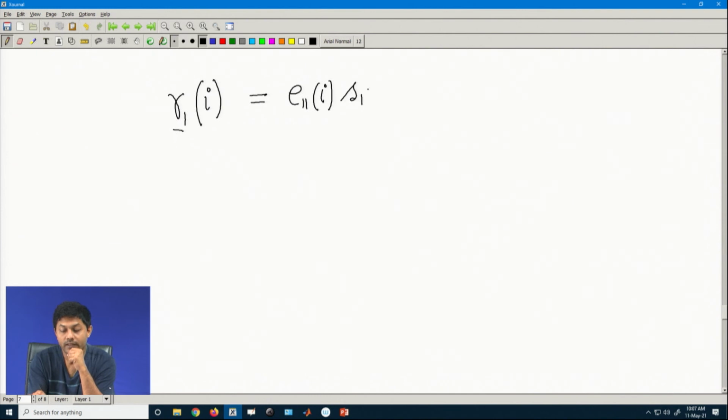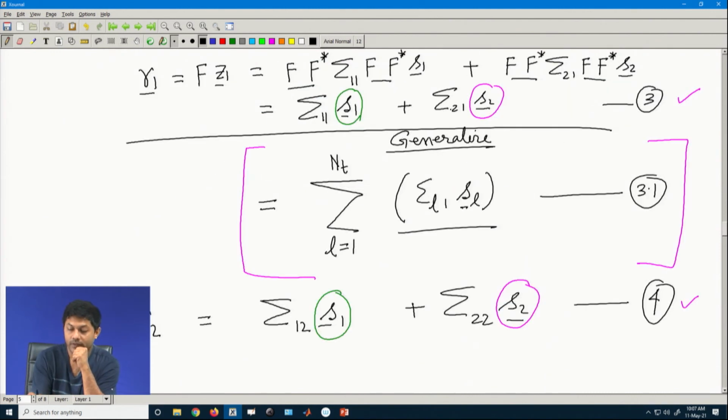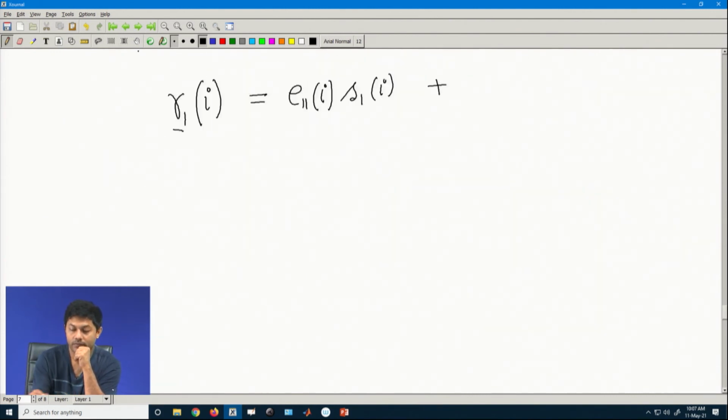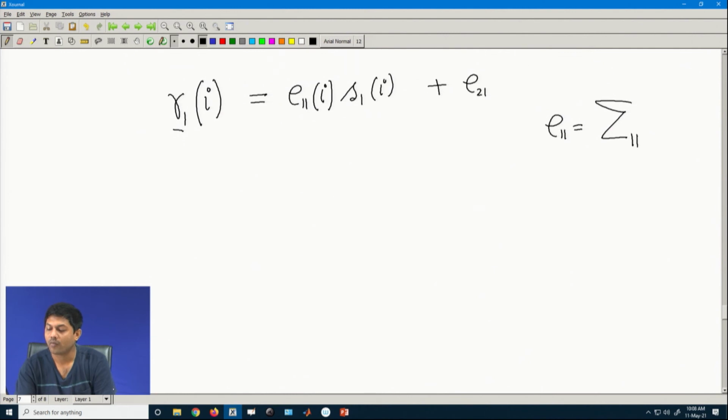Plus S 1 vector's ith element, plus what? What else is there? S 2 1, sigma 2 1, E 2 1. So, E is what? E is a vector containing all the diagonal elements of sigma. So, basically what I am trying to say, E 1 1 is nothing but this sigma 1 1, that is the matrix, right, but it is a diagonal matrix. So, all the diagonal components.